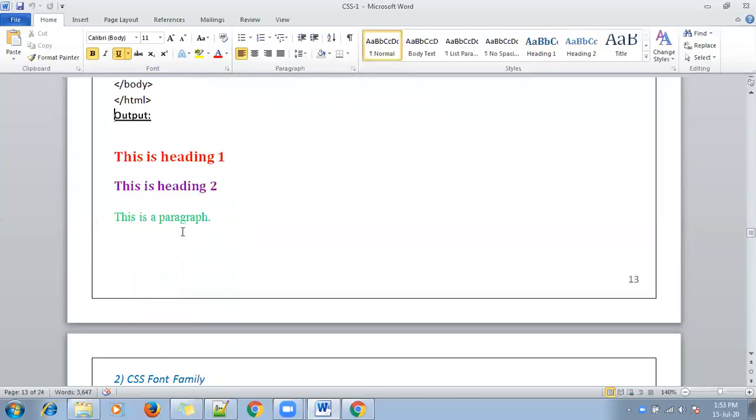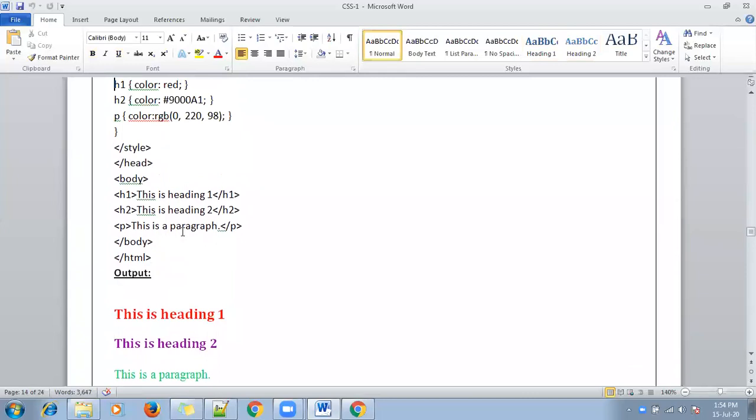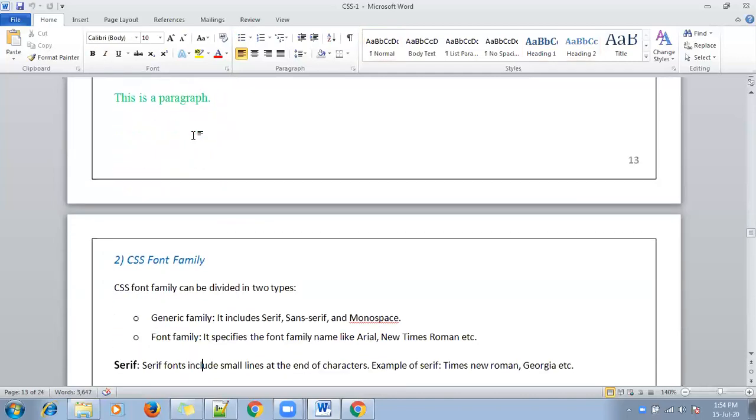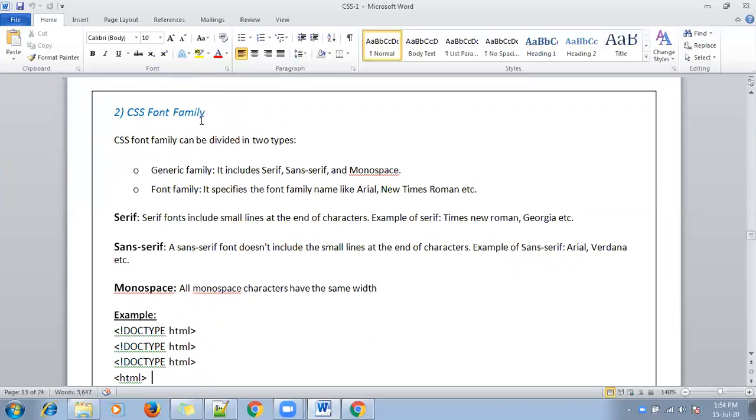The first one is I am mentioning my H1 color as red. That's why first heading is red. Okay, the color code of this hexadecimal is, the H2 color is this one. Okay, blue color. The last color is for P is green. Or simply you can write here, directly you can mention blue and green here, both are valid. Okay, that's your wish, which thing you want to use you can use. This is font color. So the next property is font family.